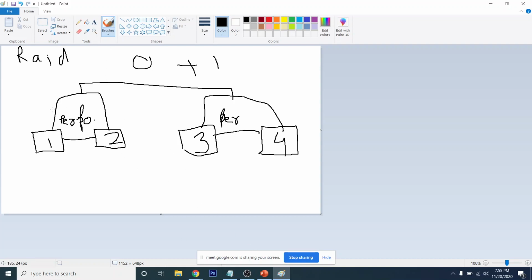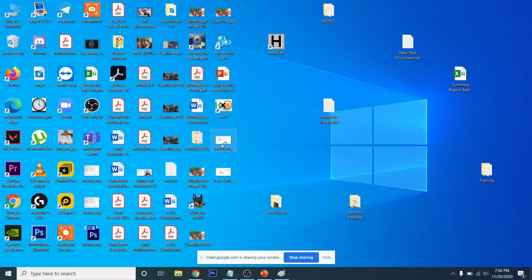Should I go to 1 plus 0 now, or should I repeat again what is happening in this? Like you are having 4 drives and you want performance also, and you want availability also, that your data should be there all the time when you need it. So what you can do is, for achieving performance you can add striping, and for availability you can just mirror the drives. One more thing, striping can also be done on many drives at a single time. Like you can use 5 hard drives at a single time for striping. Then the data will go through like RAID 0,